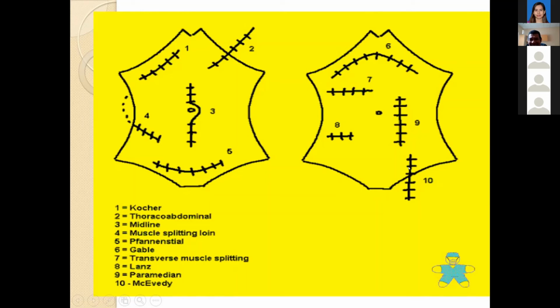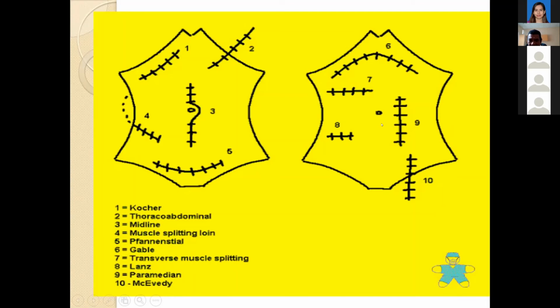What type of hernia? Femoral. Femoral. Okay. Number 9 is paramedian, rarely done nowadays because of a lot of complications, because you disrupt the muscle